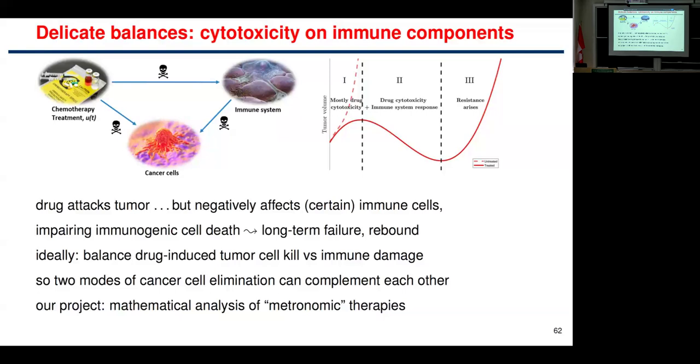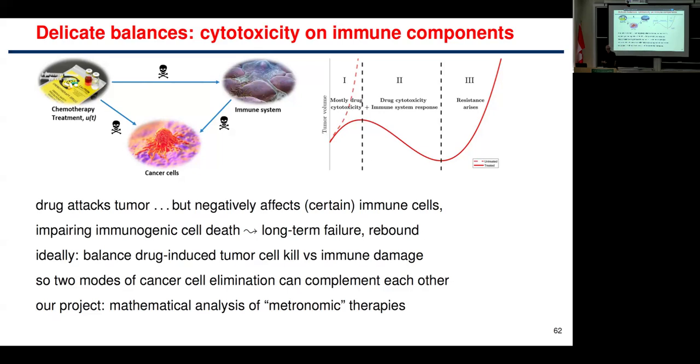So that's one example. But there's a different way in which resistance can arise to therapy. There are many ways, of course. But one way is through what happens to the immune system. So what can happen is when the drug attacks the tumor, it also kills certain components of the immune system. For example, if it's classical chemotherapy, going back to Dominique's question, particular cells in the immune system that divide fast can get killed, right? So you're shooting the cops, so to speak. You're damaging your own